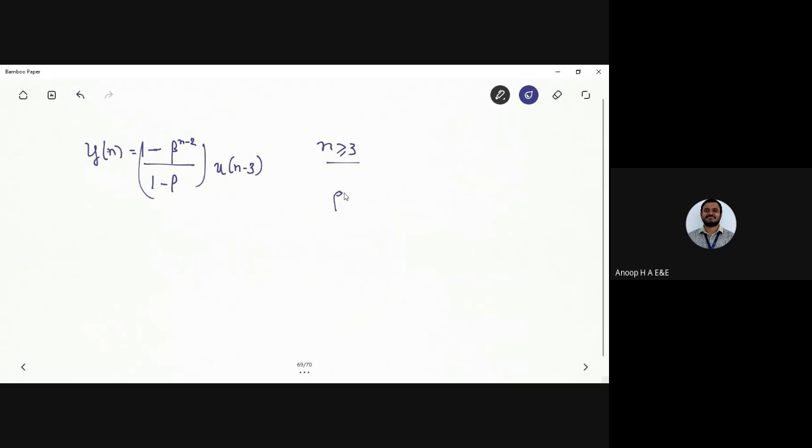This is applicable only when mod beta is less than 1. So I can have a few more problems to discuss, where you will be finding the equations related to it, and I can easily have u of n minus k and so on, and represent it in such a way that I have the relevant output of the given system. Got it. So next, moving on to the last problem for the day.